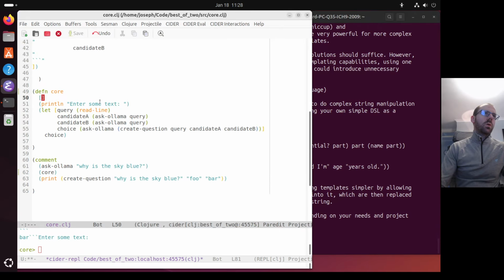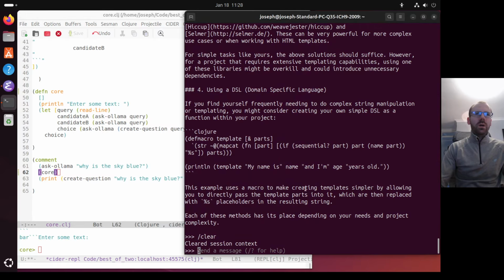So let's make core so that it can take an input, because I want to run it repeatedly without it needing to be interactive. So yeah, this is a good question to ask Ollama to see if it knows how to do that. What do you call it? A function which can be called with a variable number of arguments. In Clojure, how do I define a function